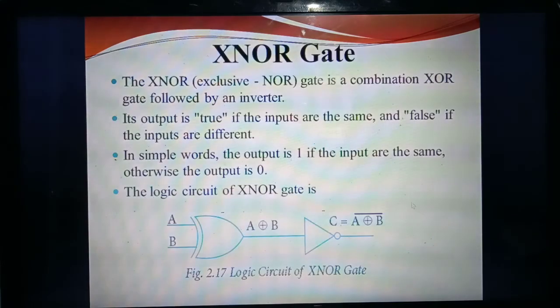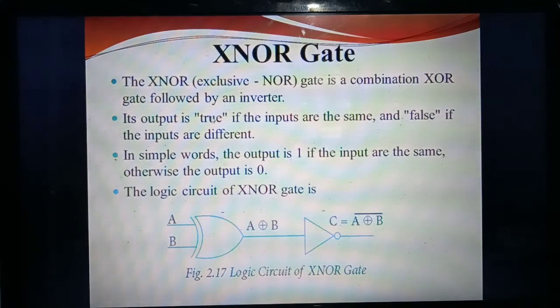Understand? Next, XNOR gate. XOR gate you have studied. Next one is XNOR gate. So, the name itself, having XOR gate, you have studied. So, XNOR gate is a combination of XOR gate plus NOT gate. So, by reading the heading itself, you can understand. The word itself has the answer. XNOR gate. So, XOR plus NOT. Okay, XOR plus NOT. So, listen.